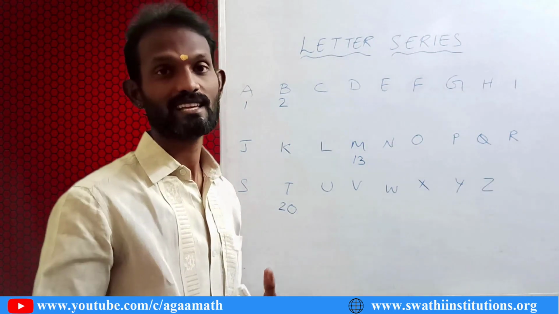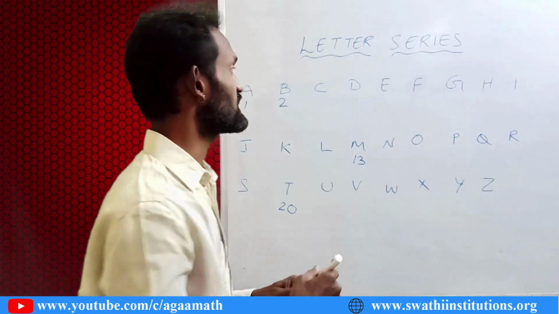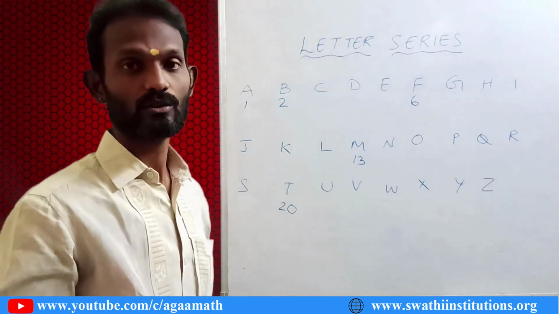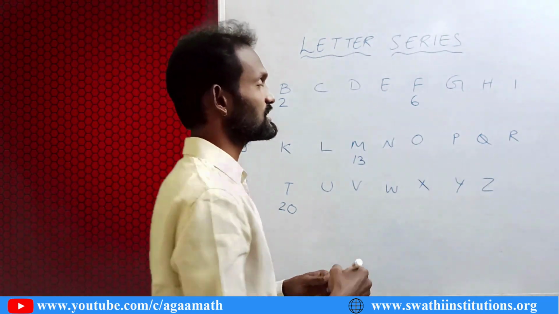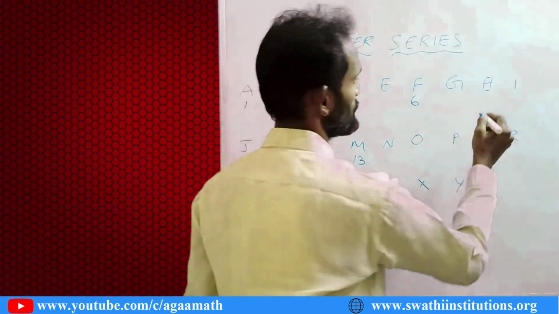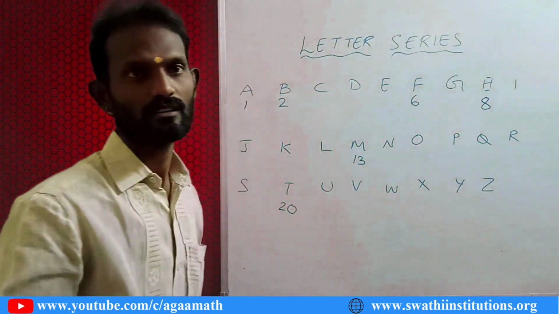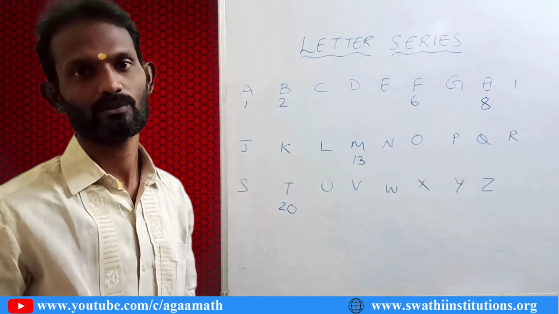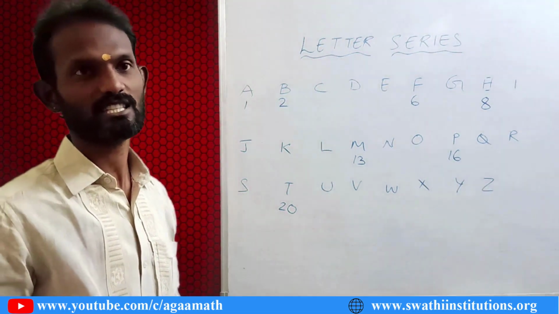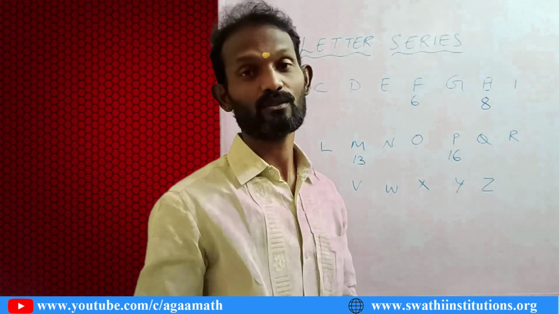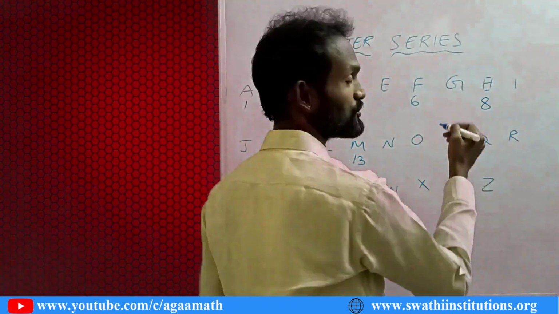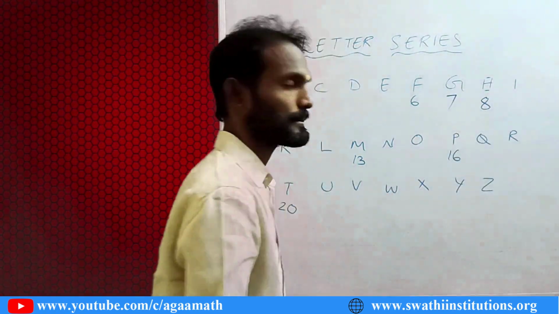And we know the sixth letter is F, that is FIX6. So in that way you can remember. Even if you see H, if we draw two lines like this, it appears like an 8. So H8. And in Telugu we call P Padharu, right? Padharu means it is the 16th position. And we even have the film G7 or the G7 Summit, which we see in social studies. So G is the position 7.